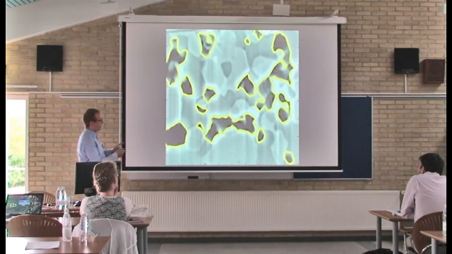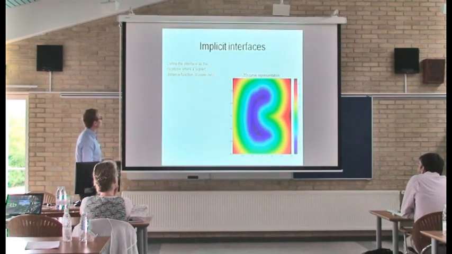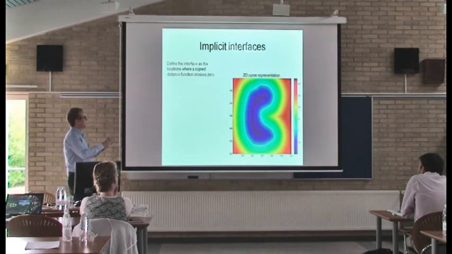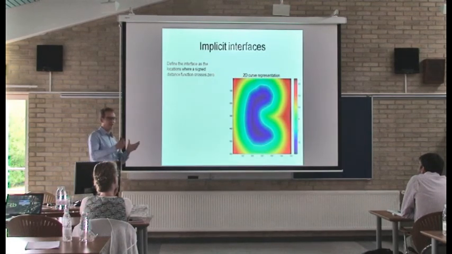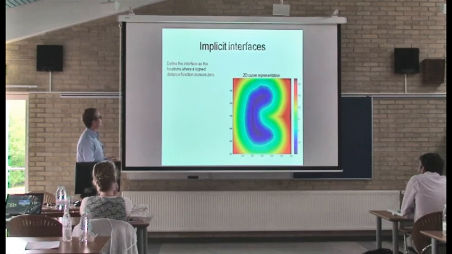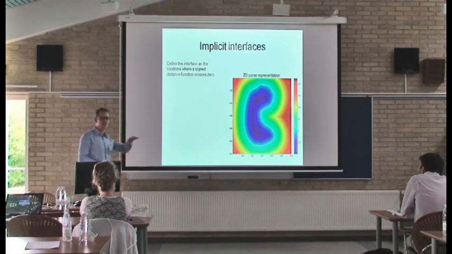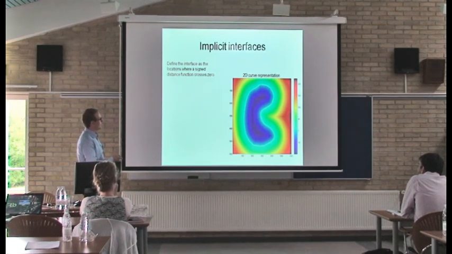So I'll go back to basics and try to explain how this is actually being done. The evolution of these interfaces is done using something called implicit interfaces. For instance, this is a 2D curve representation. If you want to represent this curve, you can represent it by a certain level set of a distance function. For instance, if you want to represent this interface here in white, then you have this kind of